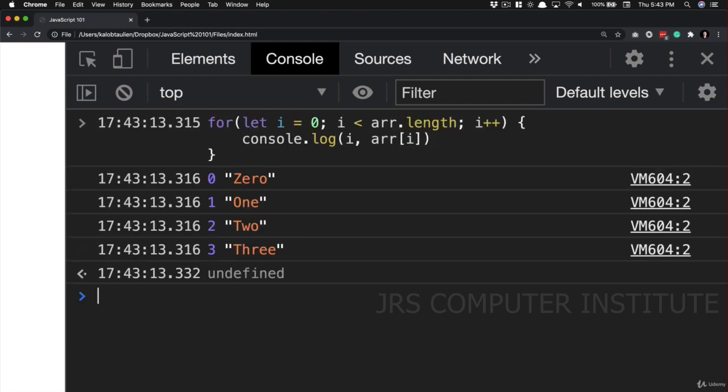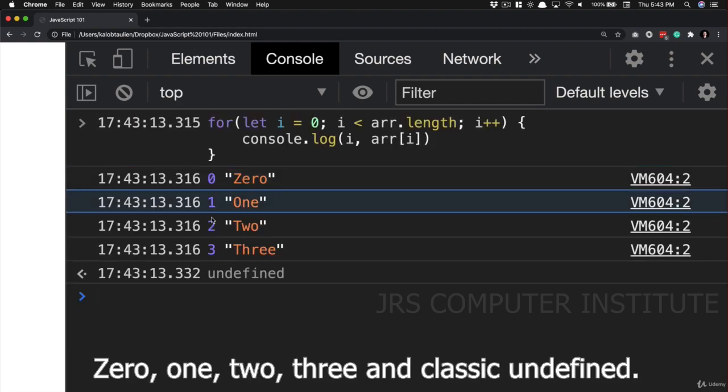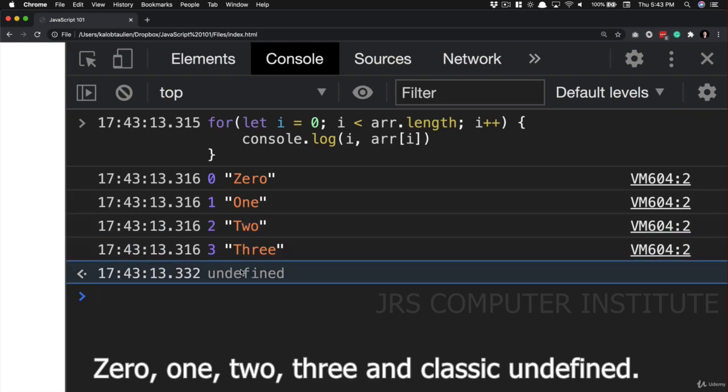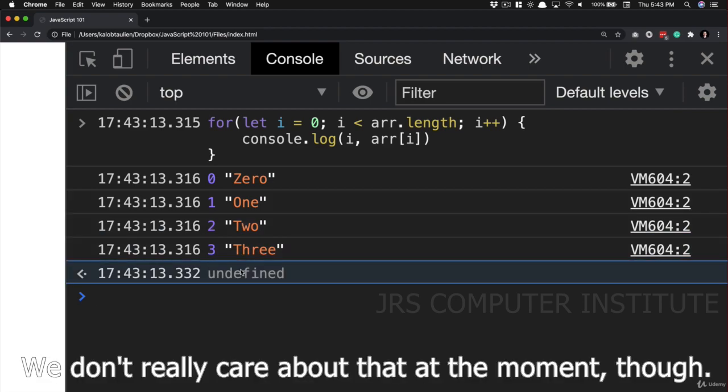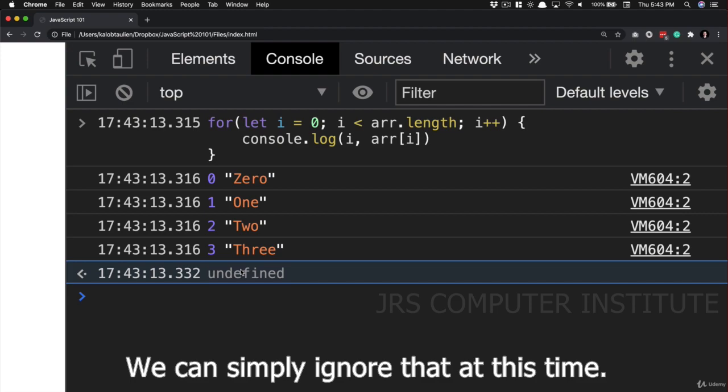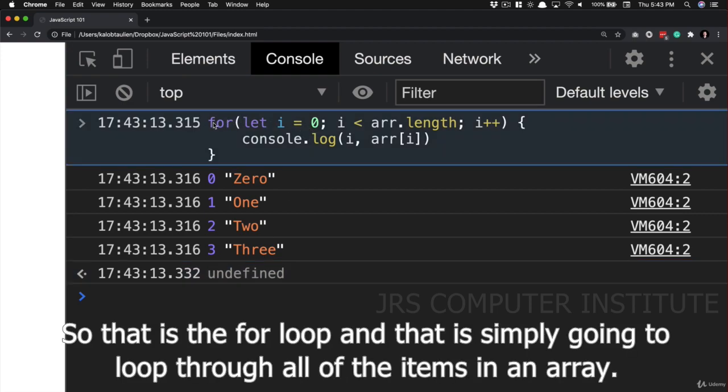Let's go ahead and see what this produces. There we go. 0, 1, 2, 3, and classic undefined. We don't really care about that at the moment though. We can simply ignore that at this time. So that is the for loop, and that is simply going to loop through all of the items in an